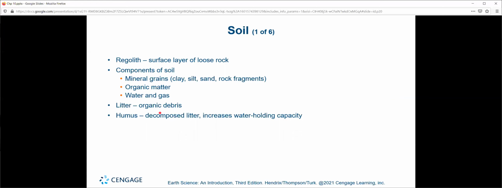If you're missing organic matter, well, then you probably have beach sand. If you're missing water and gas, well, your soil's dry and hard and nothing can grow in it. If you're missing the minerals, you probably got some wet cow poop, I guess? It's not soil, right? We tend to call the organic debris litter, and we tend to call the decomposed litter, the stuff that's actually useful, humus.